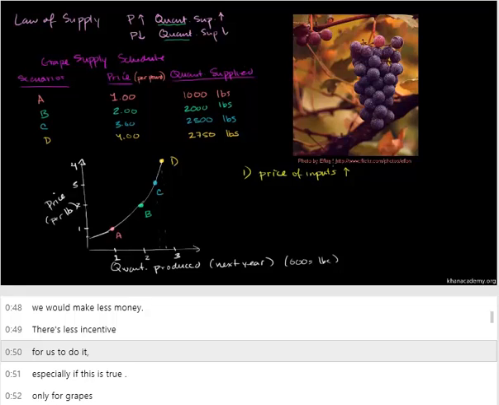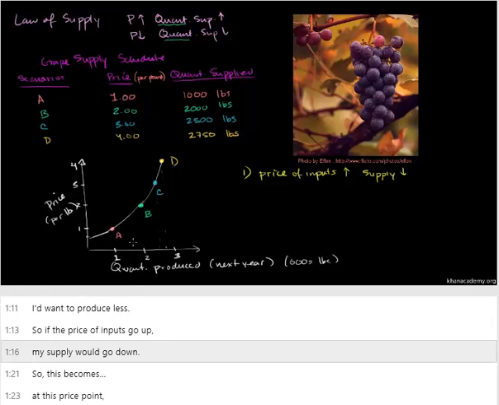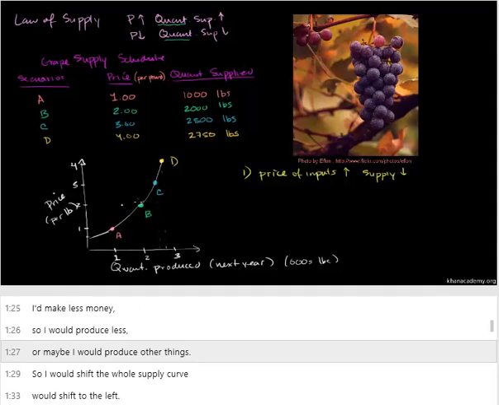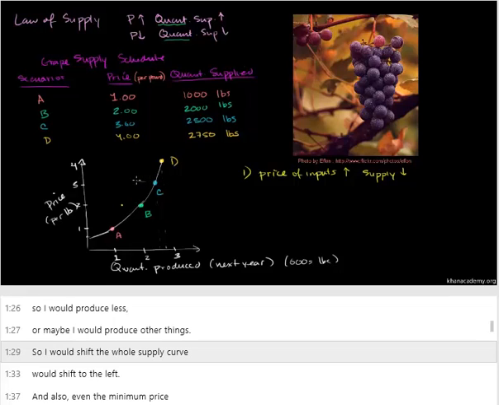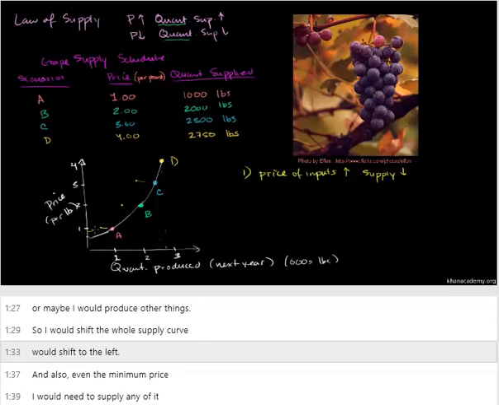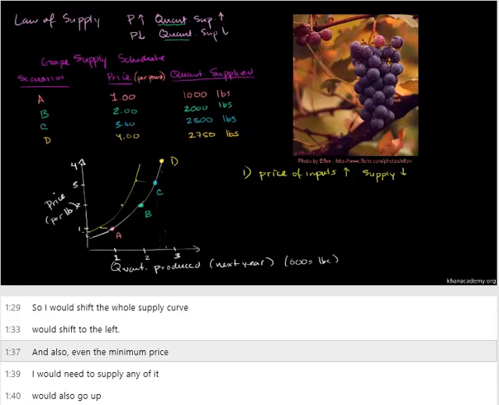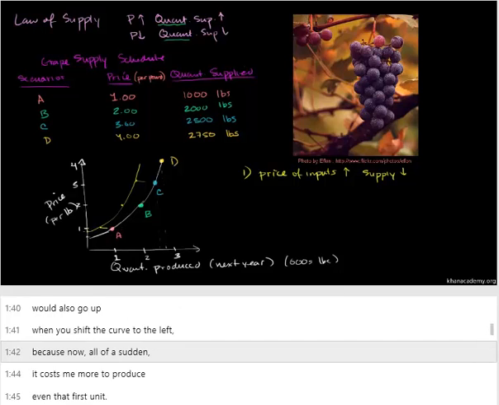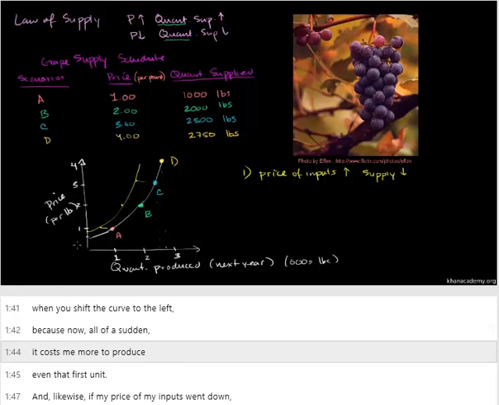So if the price of inputs goes up, the supply would go down. At this price point, I'd make less money, so I would produce less, or maybe I would produce other things. So the whole supply curve would shift to the left. And even the minimum price I would need to supply any of it would also go up when you shift the curve to the left,